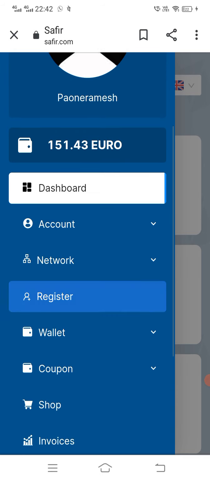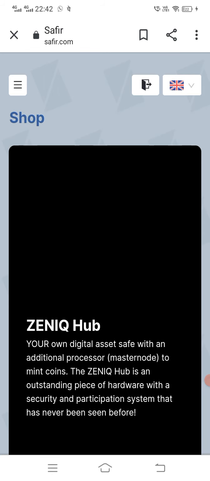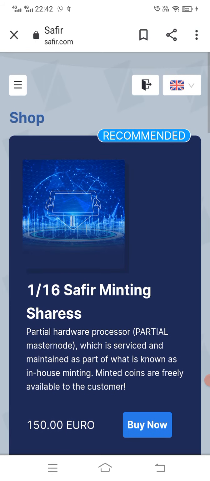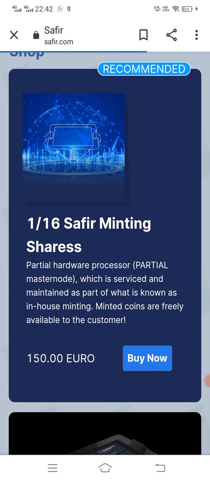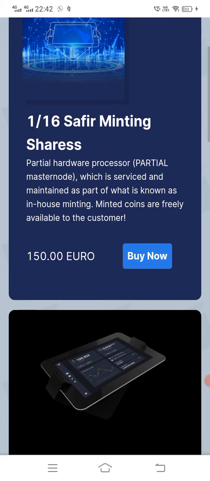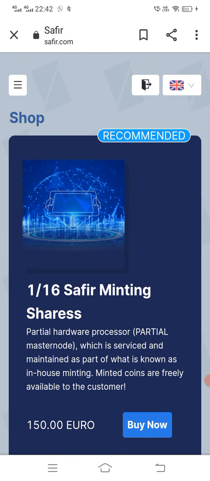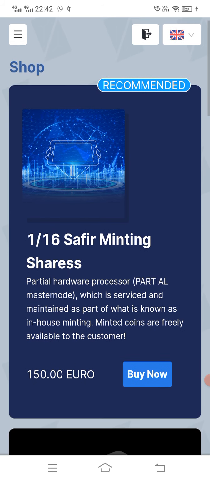So now I'll show you how to shop. Account, network, register, wallet, coupon, shop. I'm going for shop. Different hubs are available here. See here, different levels. 1/16 software mint, $150, because I have recommended.